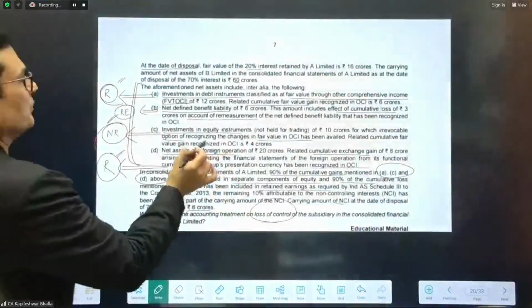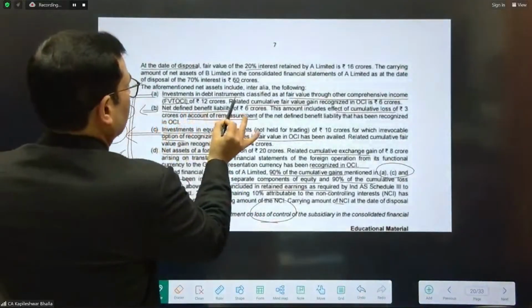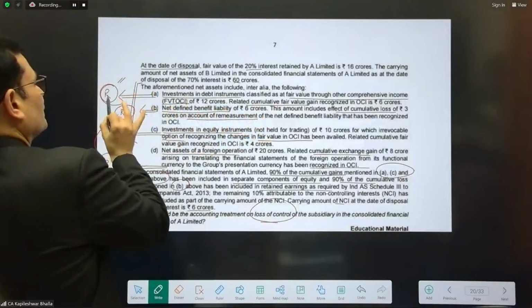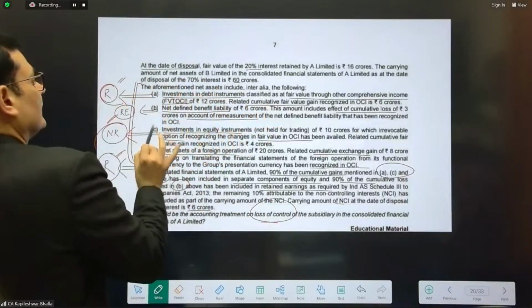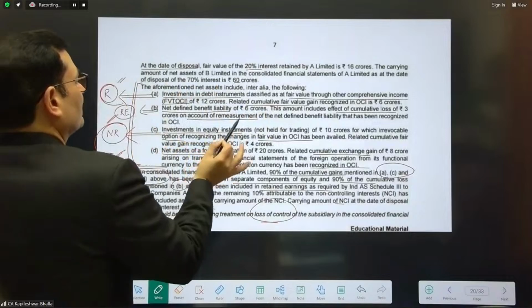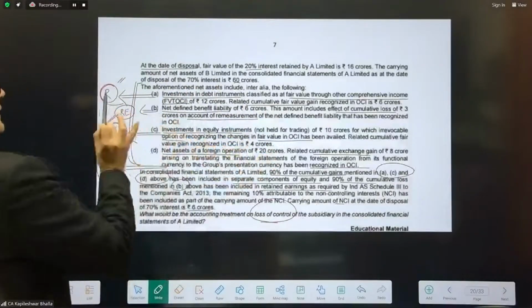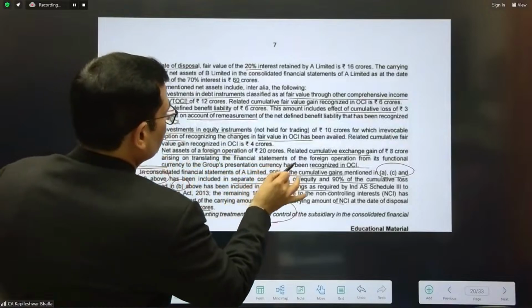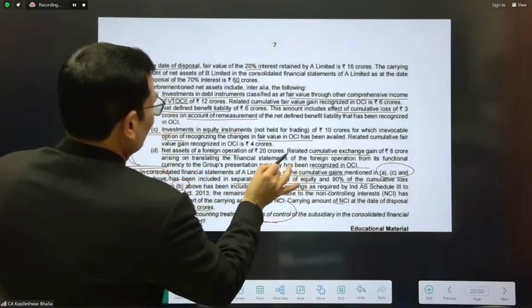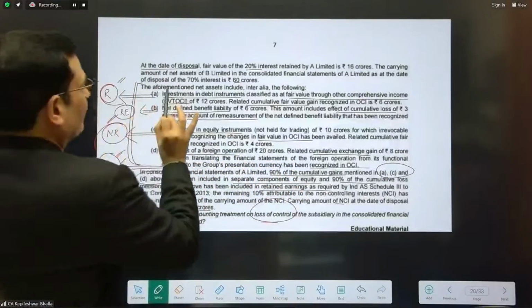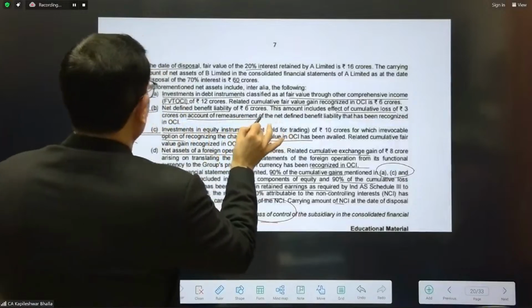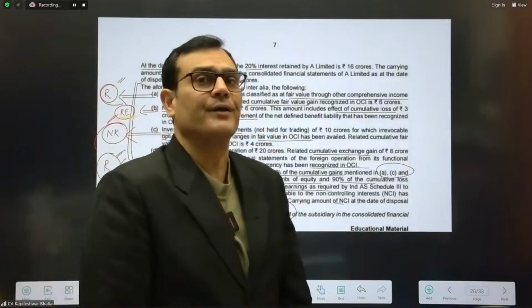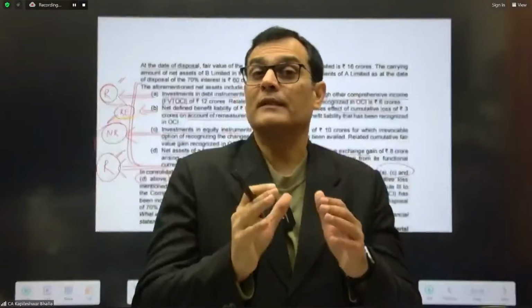Now, in this particular case, you can see that there are investments in debt instruments, by virtue of Ind AS 109, R. Then there are investments in equity instruments by virtue of Ind AS 109, NR. Then there is a foreign currency translation reserve by virtue of Ind AS 21, it is R. And there is Ind AS 19 actuarial gain or loss, which is not to be seen as R or NR, because it was already taken in RE.